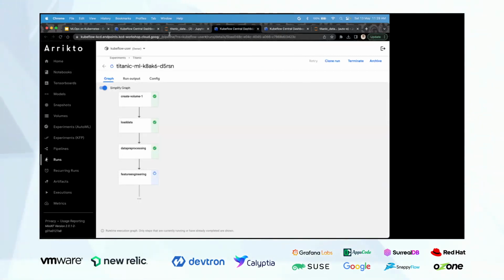I will also talk about one of the features of Kale, which is basically Rok, which takes snapshots of each of these blocks of the Kubeflow. That is something we can leverage if we want to debug something. Suppose I got an error on this feature engineering block. Now I want to rerun the pipeline.